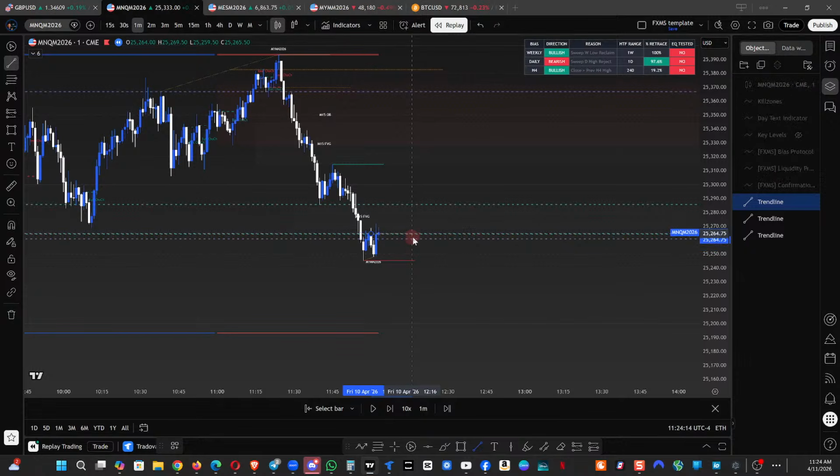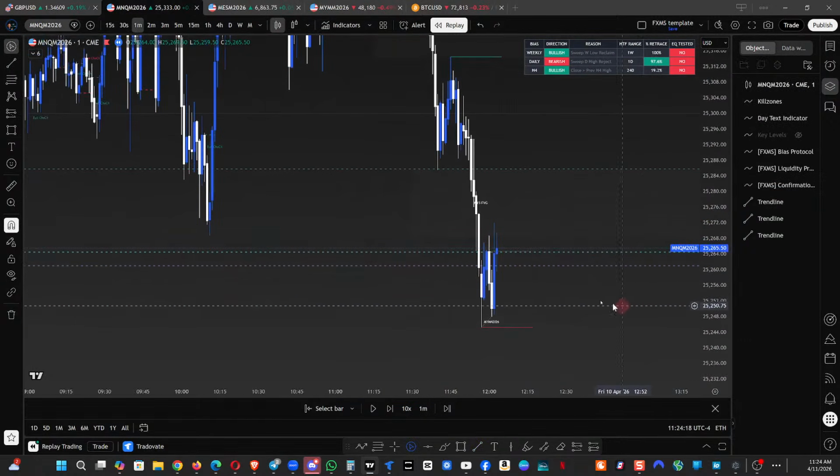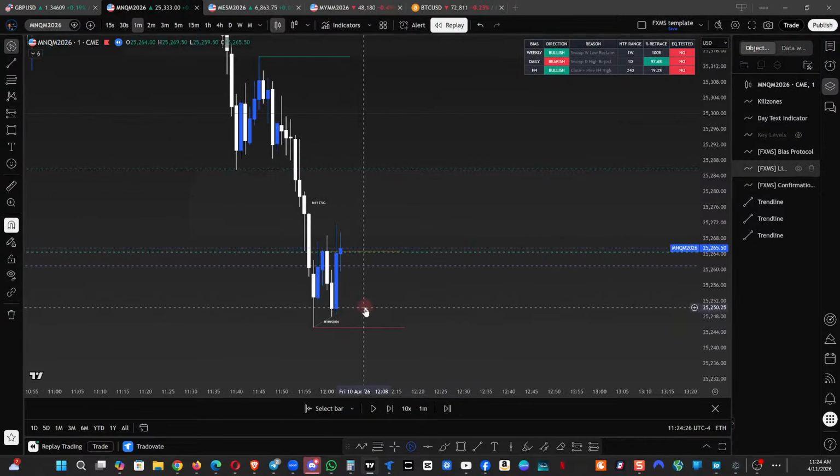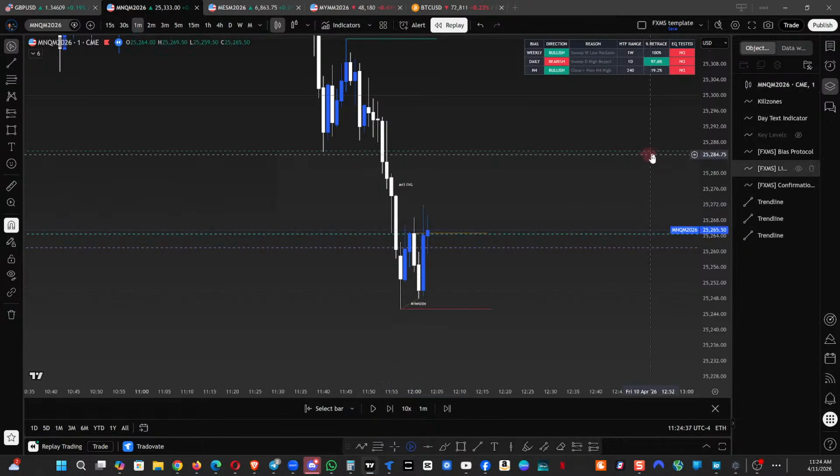Right? Now, why is this a change of character? Because we have divergence, okay? Normally, obviously, you'd want to see a swing high like this, come down and take out that low, right? But because we have divergence here, I can see it from the indicator, right? So that means this was taken out on YM, which means it was a lower low, okay? Which means I can call this a divergence and a change of character here on this